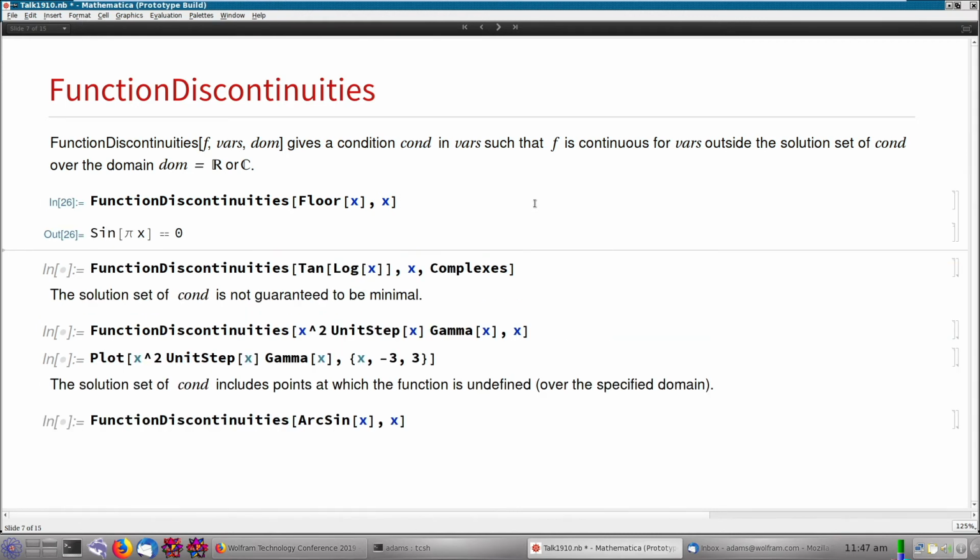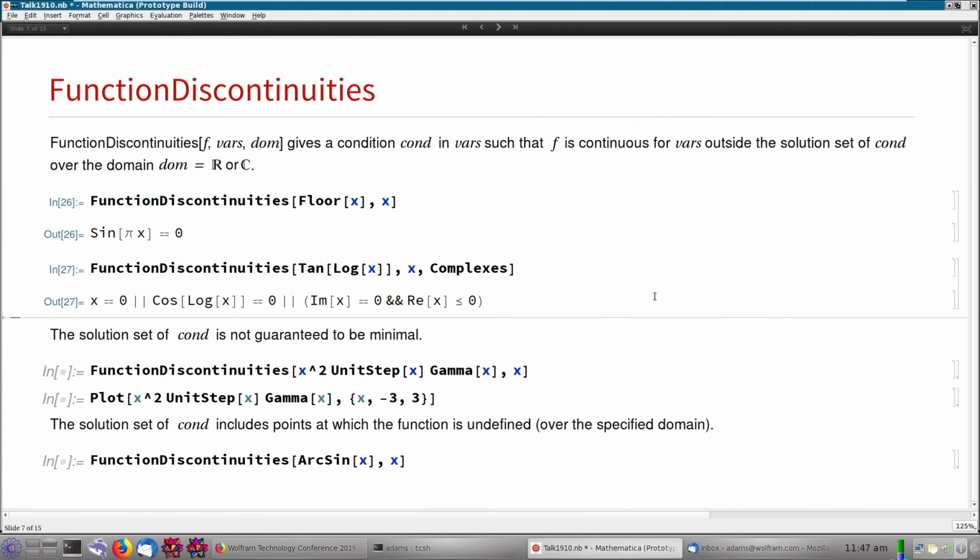Discontinuities of floor, here is an encoding of integers as an equation. Discontinuities of tangent of log x, here over the complexes, so this will be the branch cut of log. These are the points where tangent is not defined, and x equals 0 came out of the branch point for log. Yes? In the discontinuities of floor, why didn't it just give you the set of integers instead of